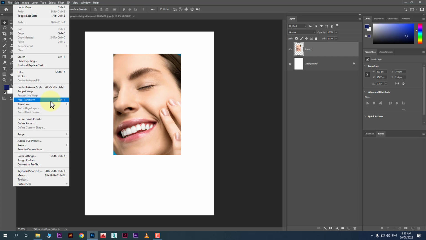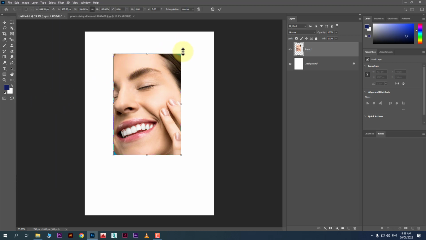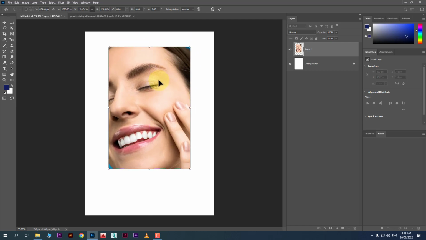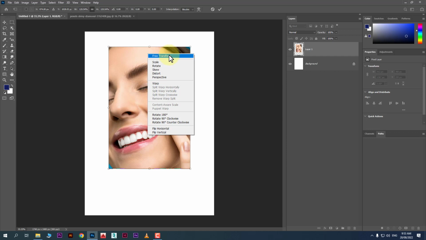Okay, and you will remember this shortcut key. In Photoshop, you have to select and press Control T again and again for resizing. Press Control T, and now you will see transform controls appear, so you can resize the image. Right click after taking the free transform command, so here you have